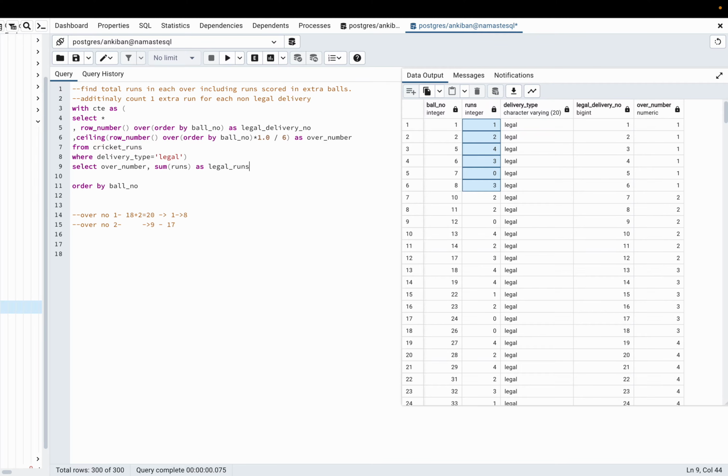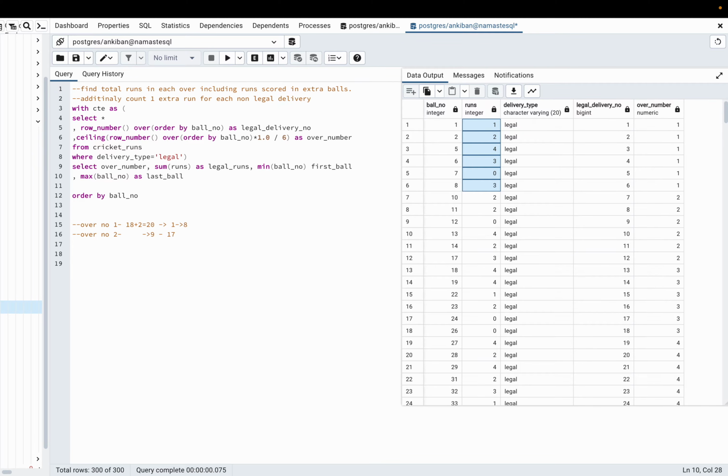These are legal runs. And then I will also take the minimum of ball number and the maximum of ball number. Let's call it first ball, and let's call this last ball.